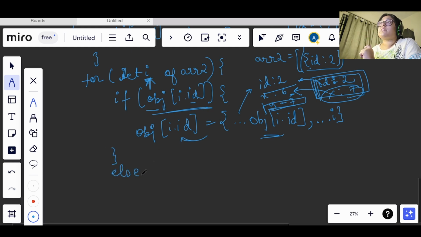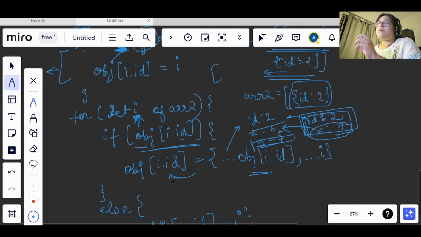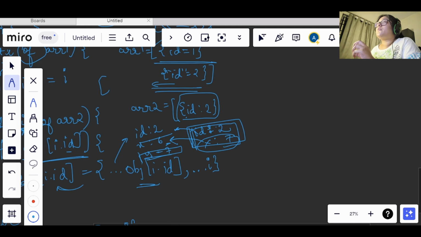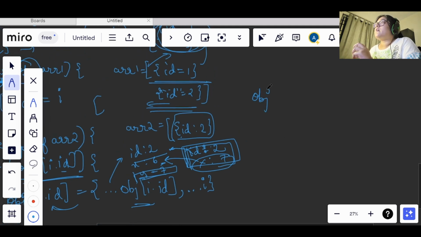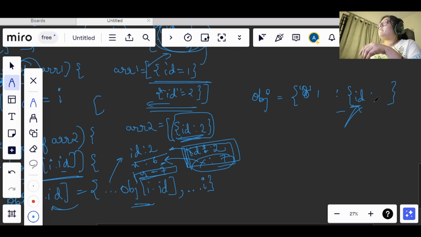And if it is not existing, then we will simply add the value in the object. So obj of I.id is equal to I. Now we have the values, right? Now, how will this array be stored? Let me show. Let's say we have this obj, right? Now we are storing the values in the form of that one. Here we have one, right? One is the key and it will have these values. This value will be stored as the object, right? So we have id 1 and whatever values are inside this, it will be stored in the form of value for key 1.